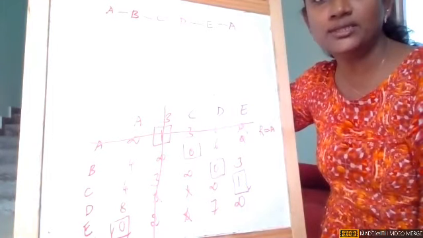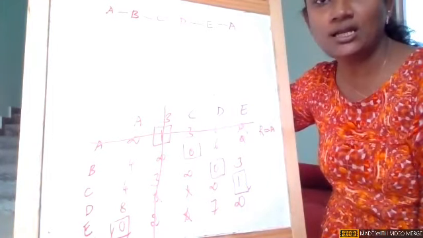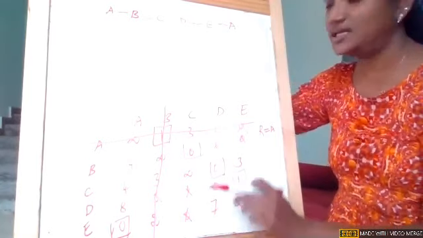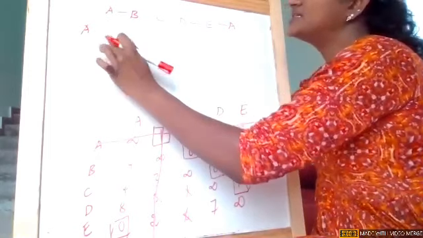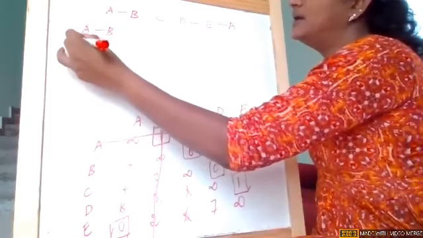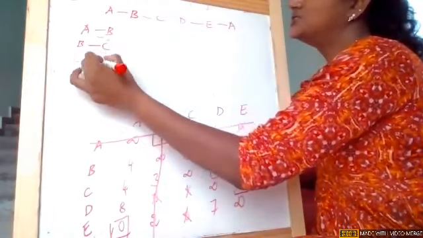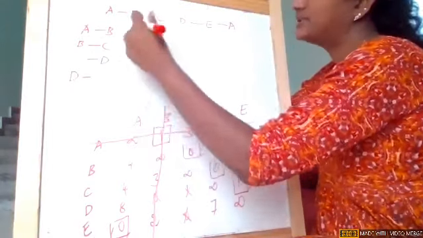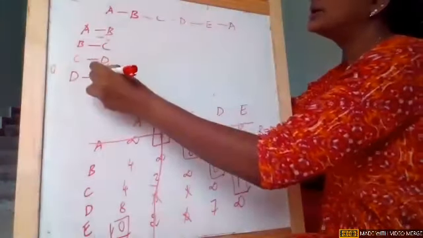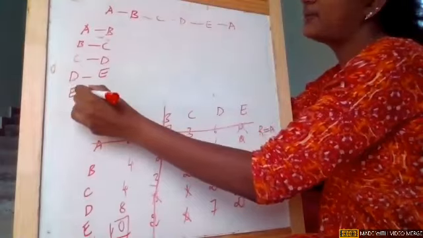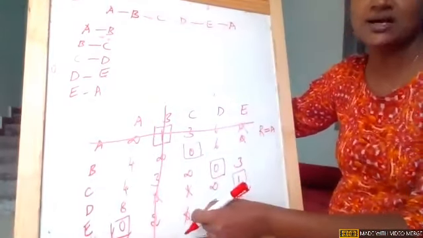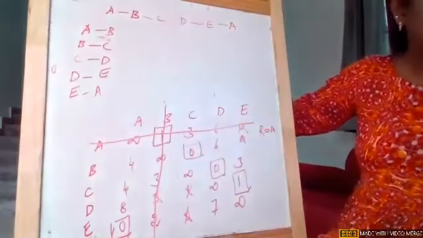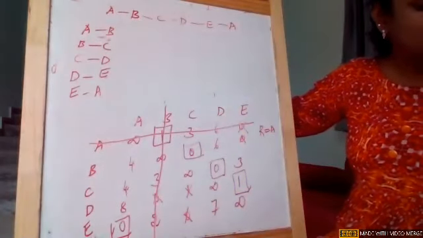Understood, girls? Any doubt in this representation? Is it clear to you all? If you get the solution, it is very easy. Only getting this origin is very, very important. Now I can also measure that in kilometers, A to B, B to C, C to D. For this problem, it came in chronological order, but not always we will get the same order, like A, B, C, D, E. It changes.